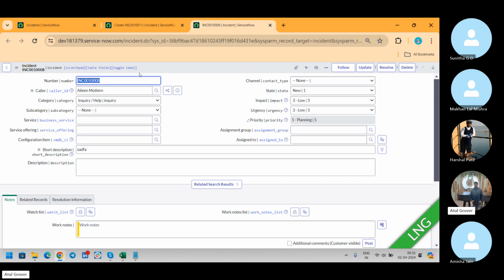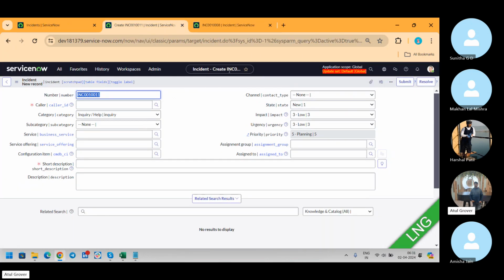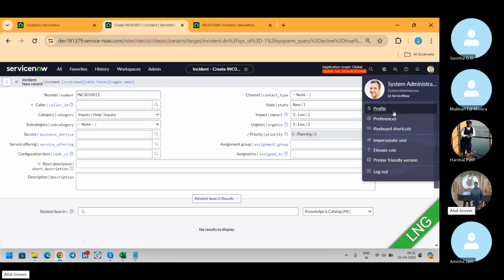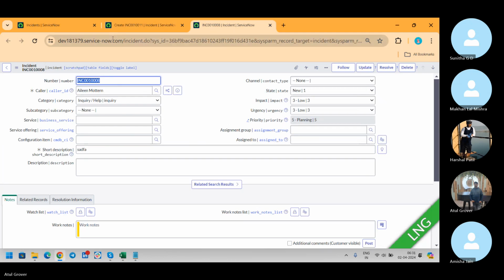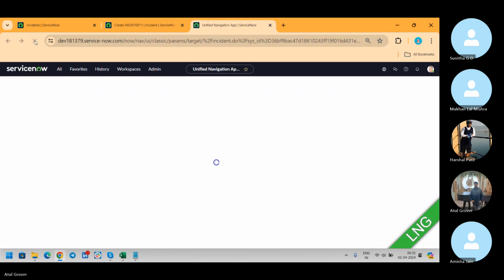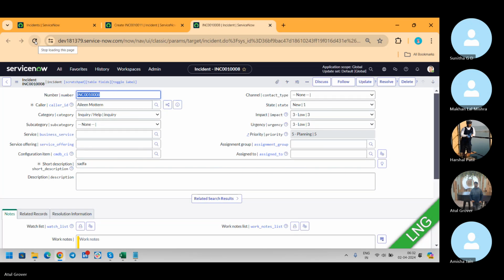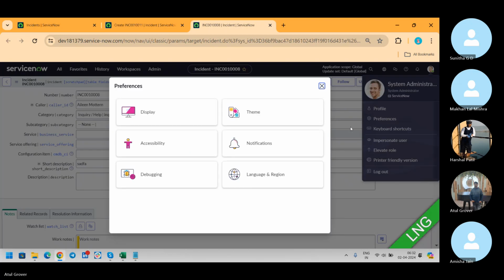Okay. Now, how do you enable this particular option to bring the navigation bar here? Click Preferences, Display, and click on this. Now if you go back and reload, it will be there. And the last option is